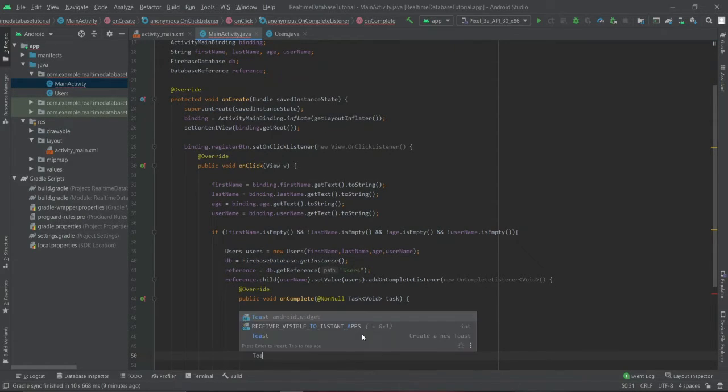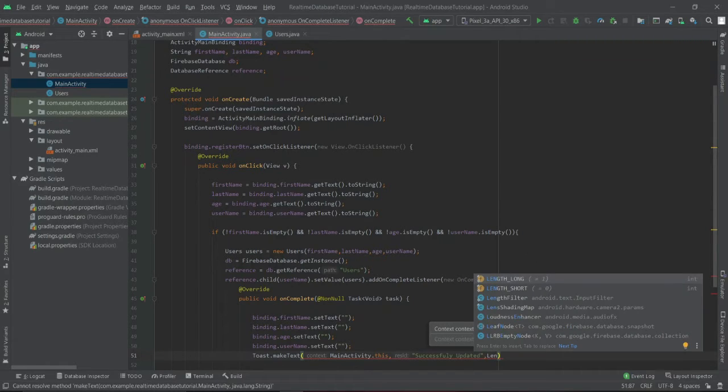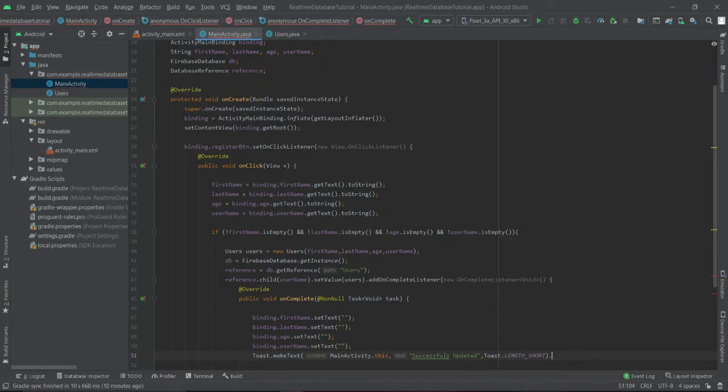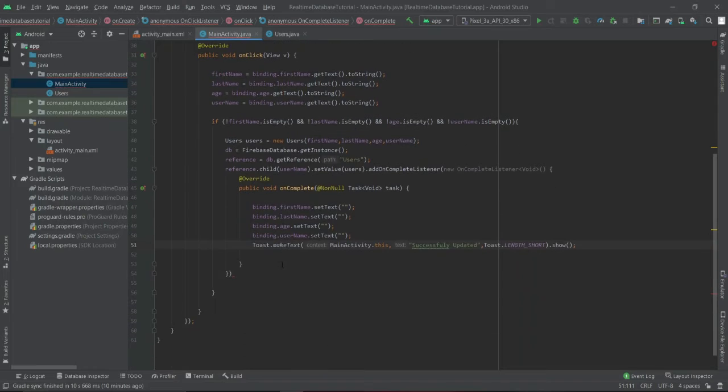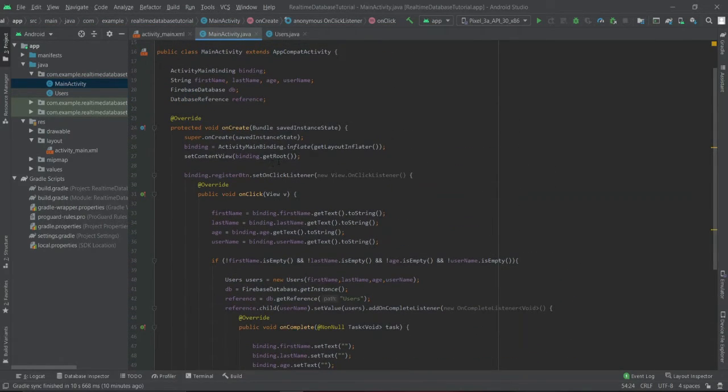And we'll raise a toast. So that is it, guys. That is all we need to do to write the data to the database, right?